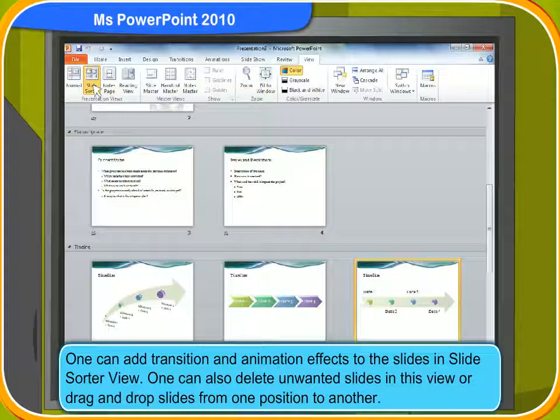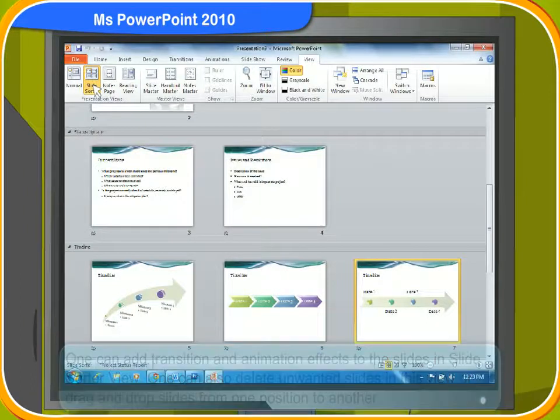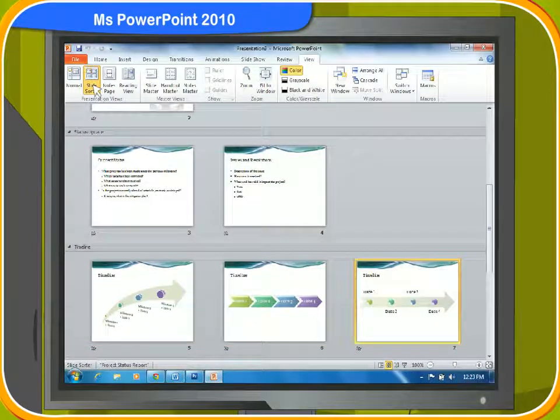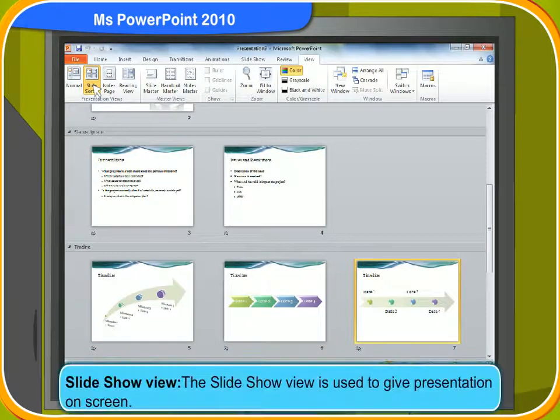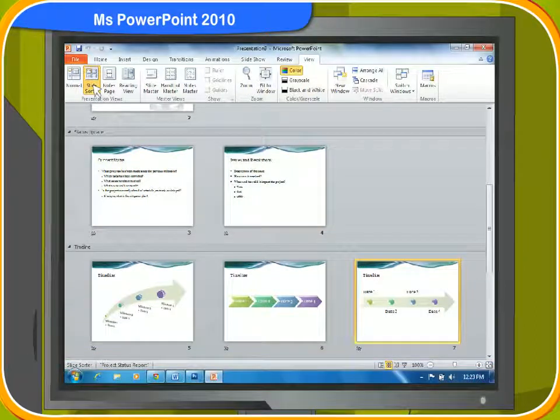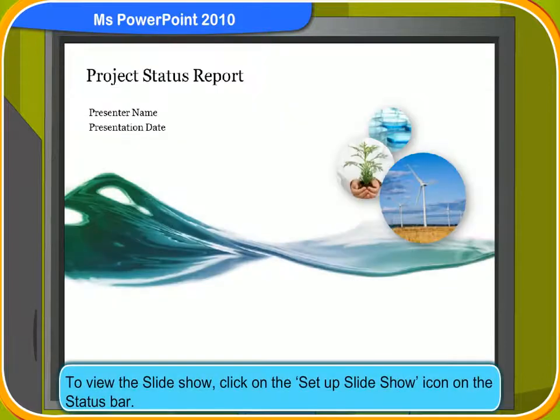You can also delete unwanted slides in this view or drag and drop slides from one position to another. The slideshow view is used to give a presentation on screen. To view the slideshow, click on the Setup Slideshow icon on the status bar.